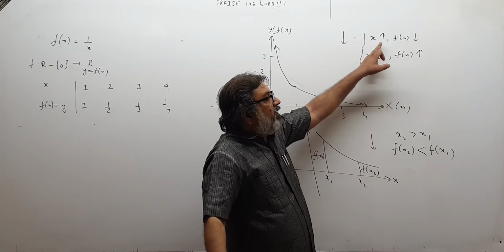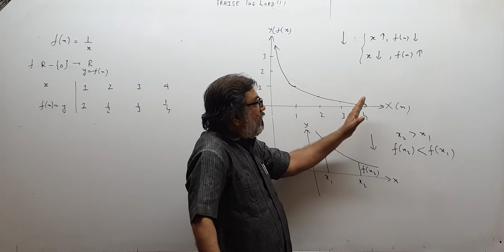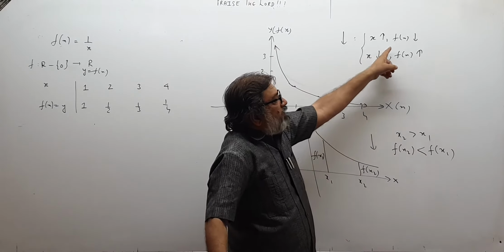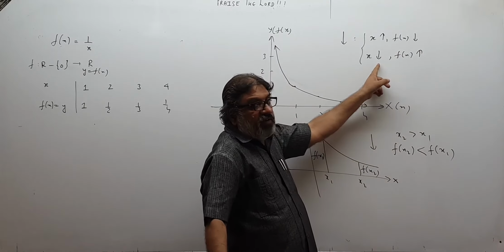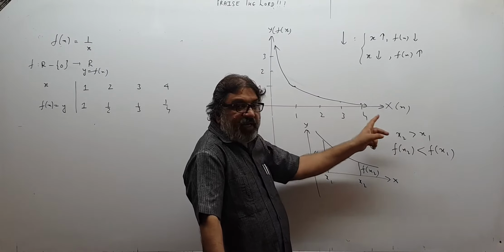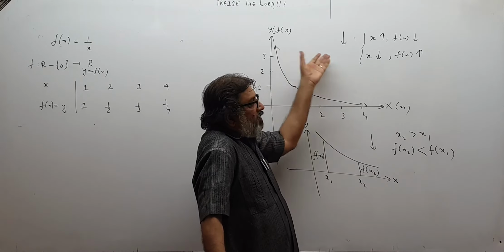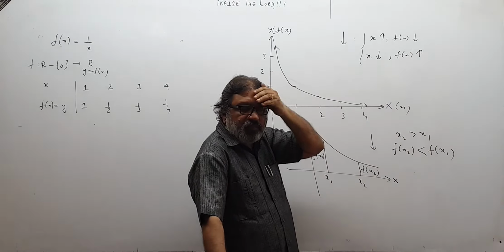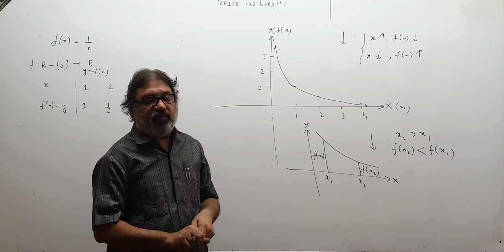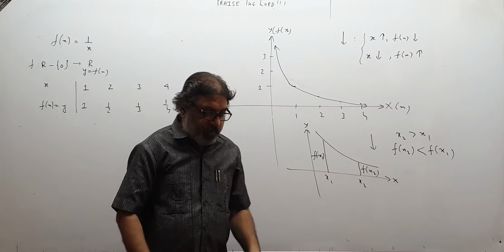As the value of the variable increases, the function will keep coming down, f(x) will decrease. Or x decreases. If I go like this, x decreases from 4, 3, 2, 1, x is decreasing, the height of the graph rises, f(x) increases. So this is about increasing function and decreasing function. Please pause and copy, children.